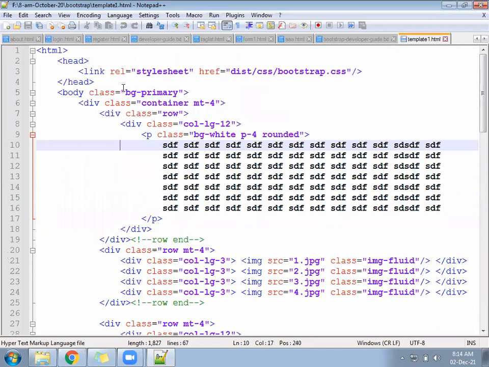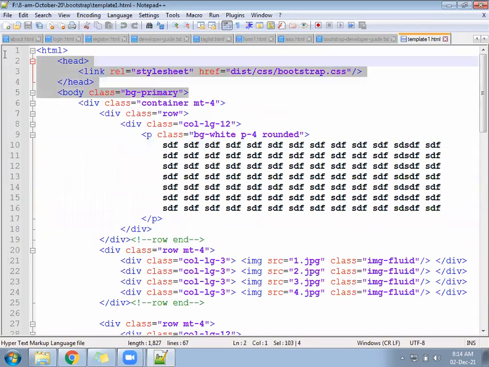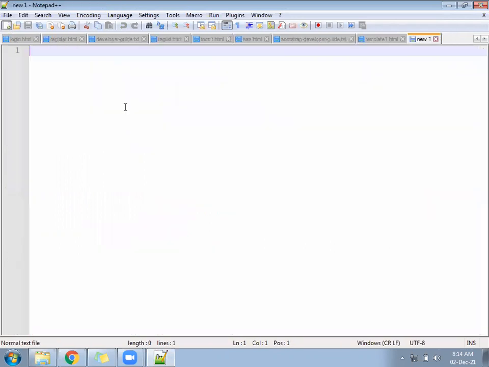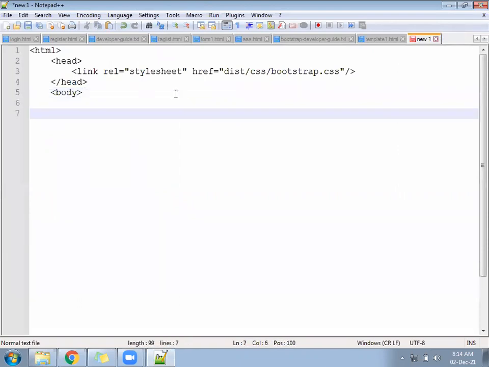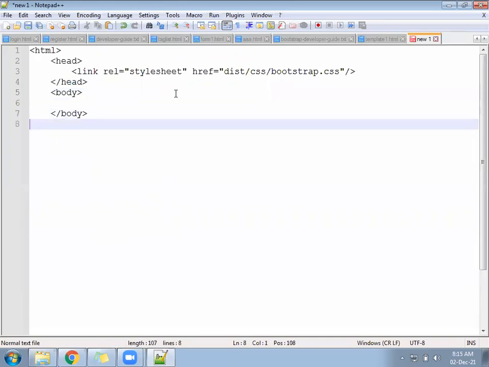So till here, till body you can copy from previous file, till body remains same always. BG primary we can remove from here. A little bit background is a default color. Next body will be closed, and after that HTML will be closed.